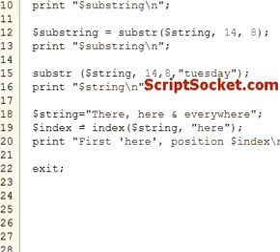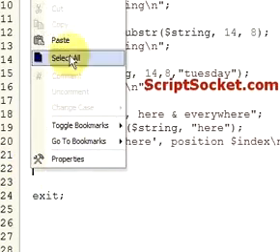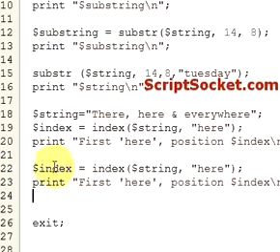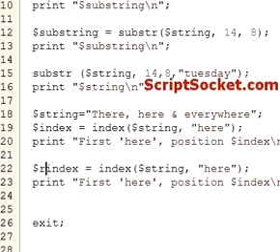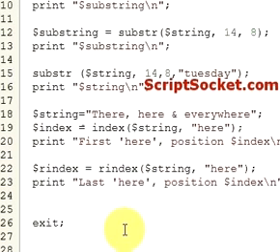Okay, finally on to the function rindex, which is exactly the opposite of index. Rindex will find the last occurrence of something in our string. So let's create a new variable called rindex equals the function rindex, and let's say last here is found at position rindex. Okay, so this will find the last occurrence of the word here in our string, either by itself or